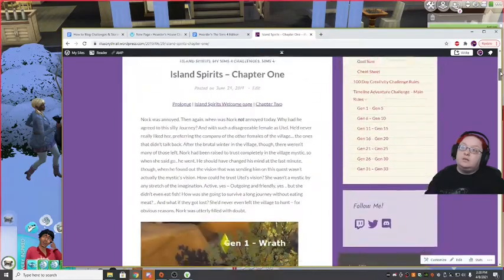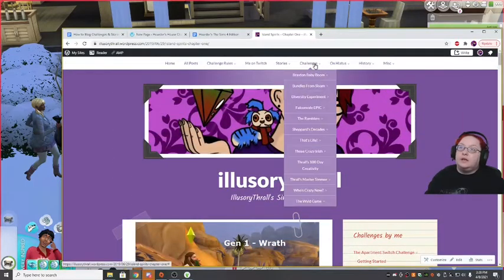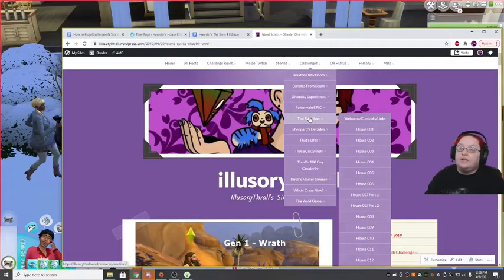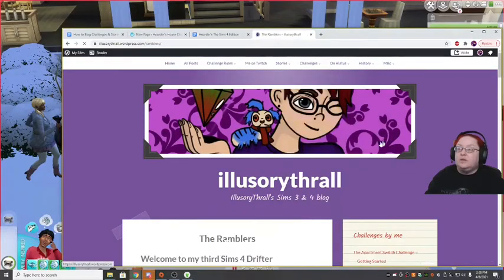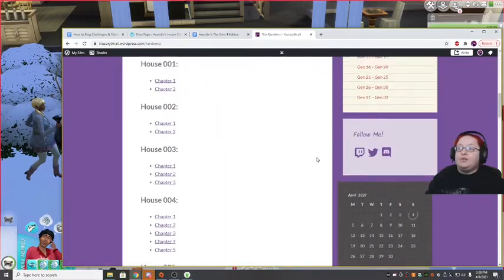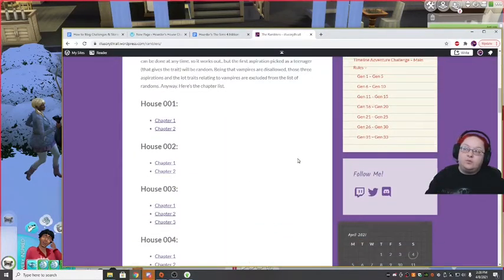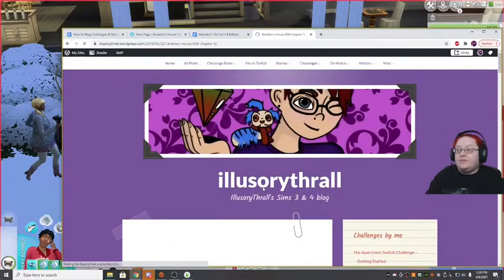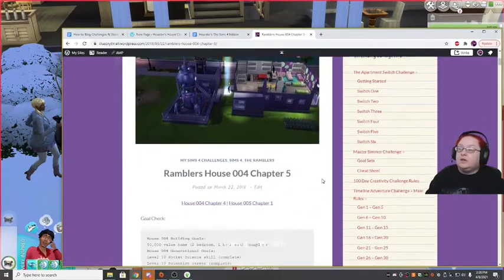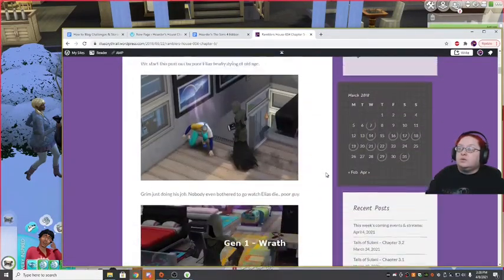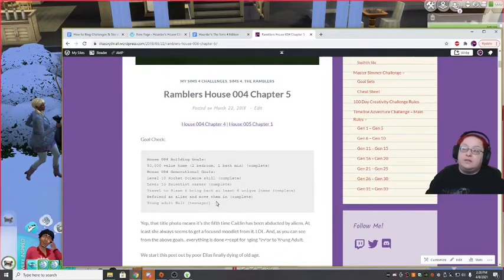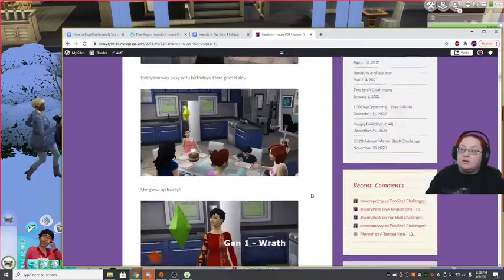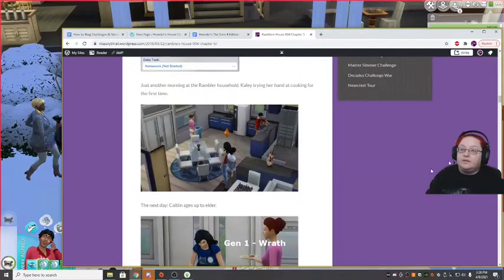Looking at one challenge where I have a lot of generations, every challenge has different rules for switching generations. For this one, at the end of a chapter, I make sure I list the goals again and go through what happened in the chapter,